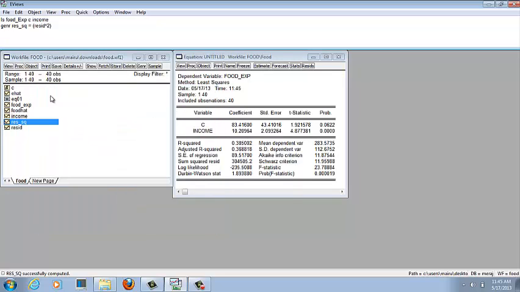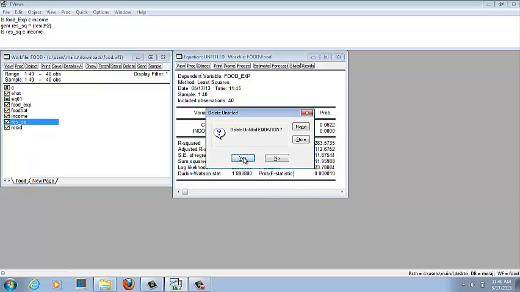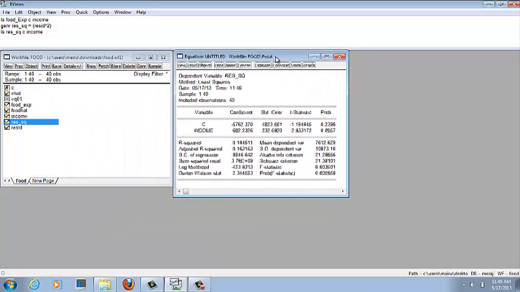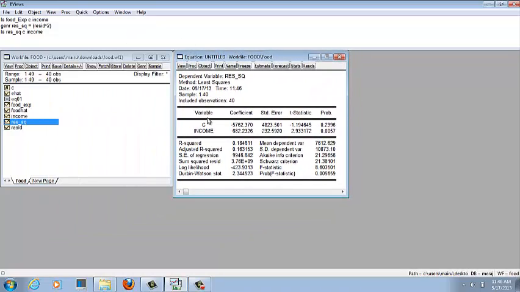Now we run our regression on this to check the relationship between residual squares and the independent variable. So let's run the regression: ls residual square c income. This is our regression result,